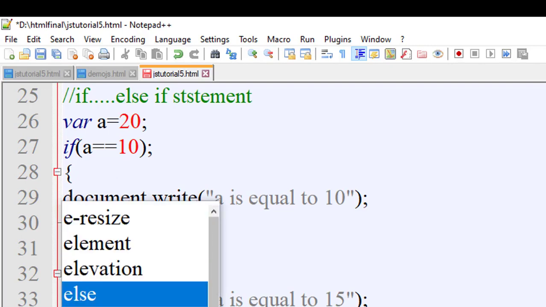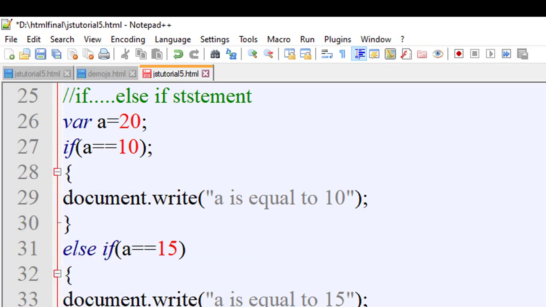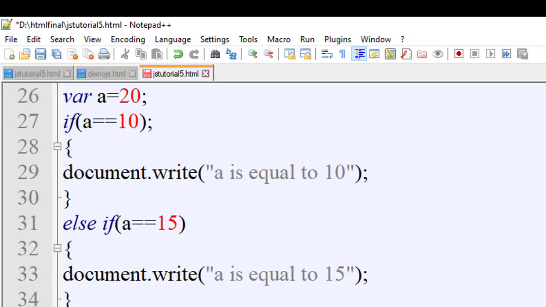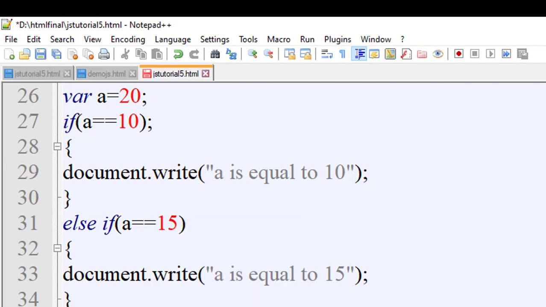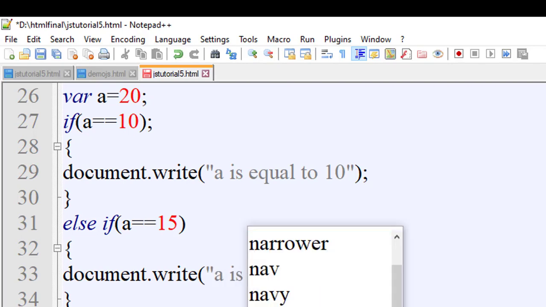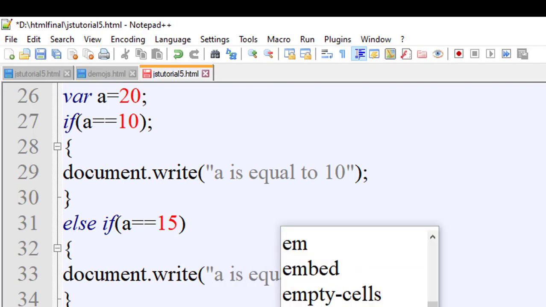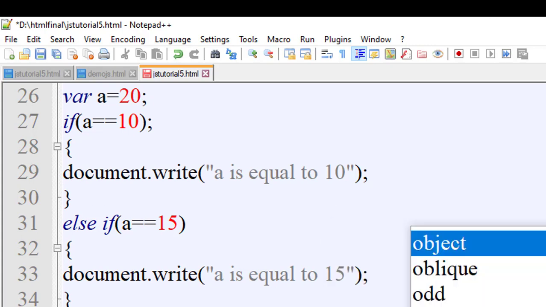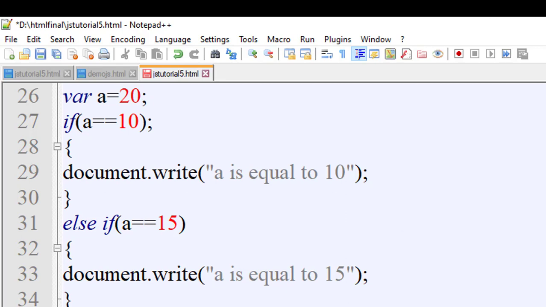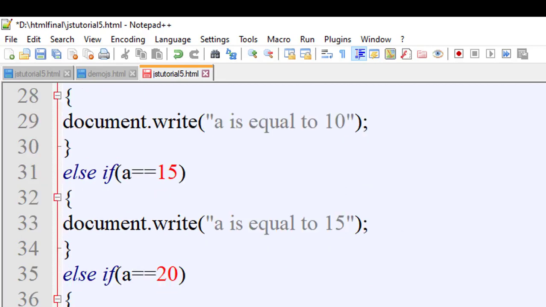Else, in double quote, document.write a is not equal to 10, 15 or 20. Okay, just save this program.